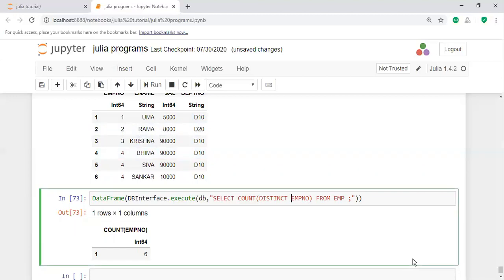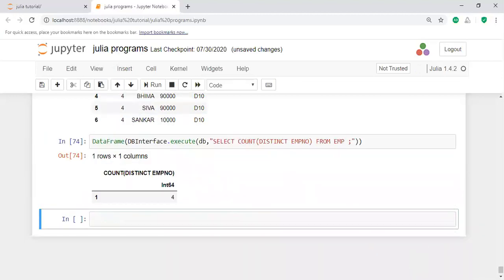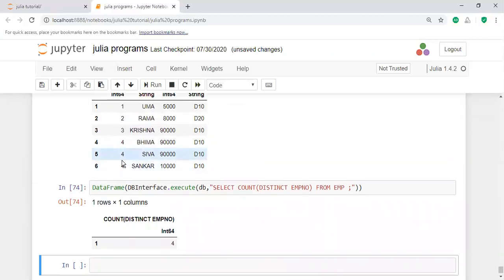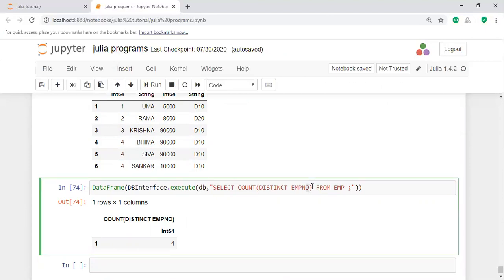How many distinct rows? 4 rows, because there is repetition and duplication: 1, 2, 3, 4, 4 rows only. The remaining are duplicate rows for the EMP number.